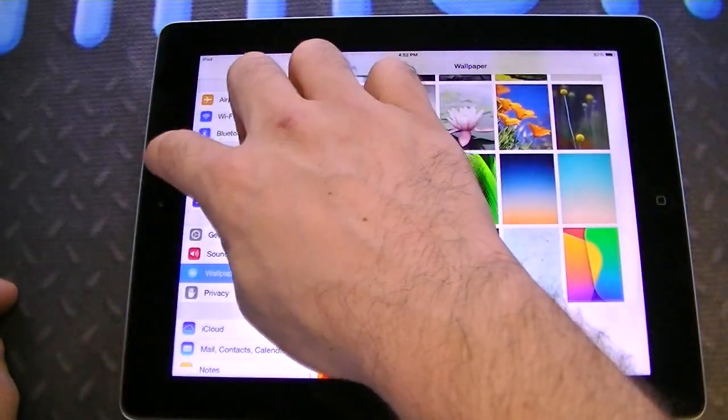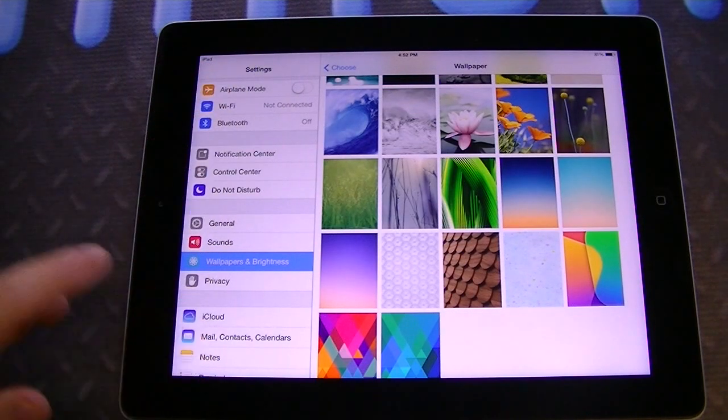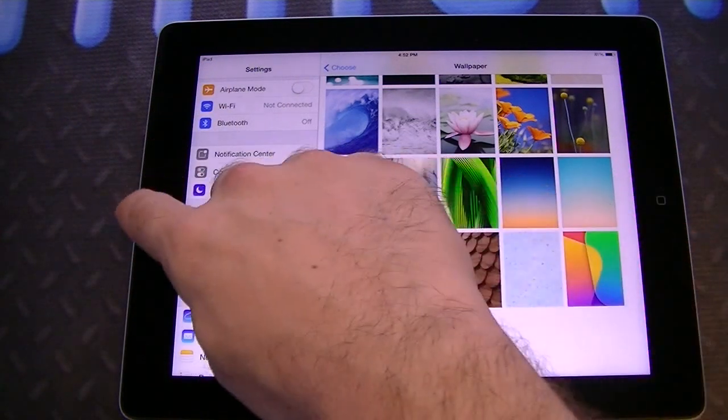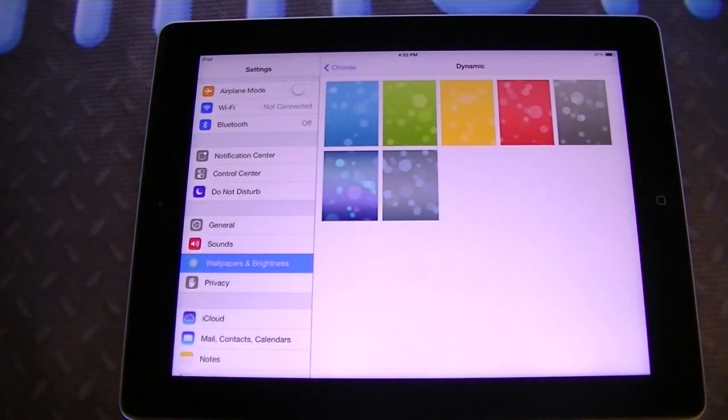If you go back, which you could do by just gesture, oh, you can't gesture back on the iPad, excuse me, because obviously you can see that it's set in a way so that you don't have to gesture. But with the iPhone, when you have one screen showing in settings, you can actually gesture back. Now if we go back here by clicking on choose, you can see the dynamic wallpapers,